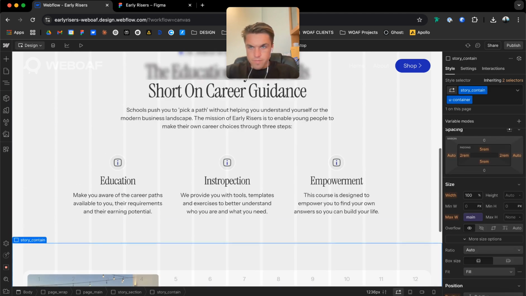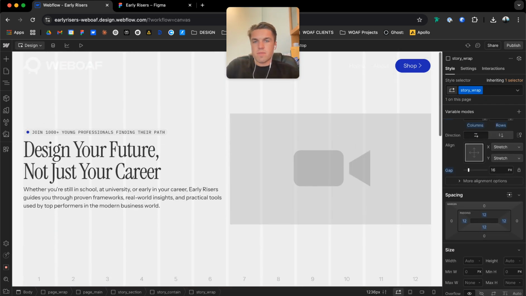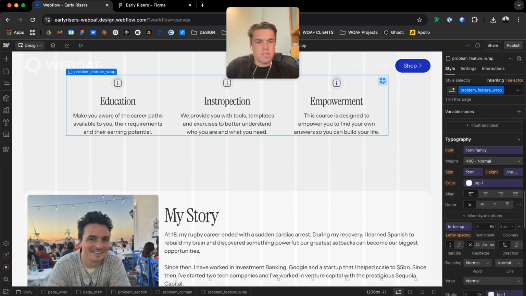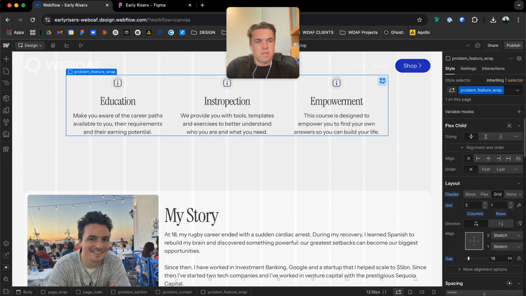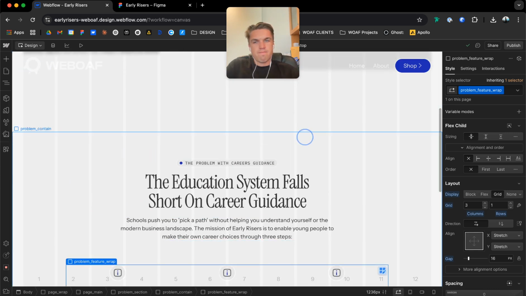Yeah. Now I don't want this to be full width. I want it to kind of fit in the same space as this bad boy. So maybe